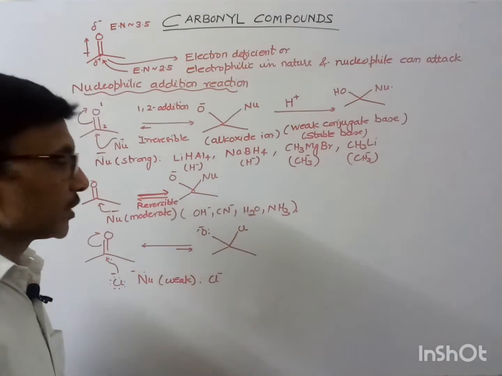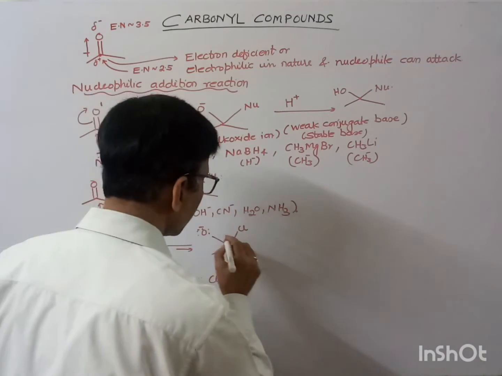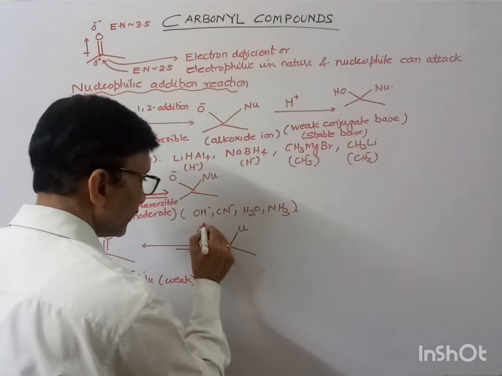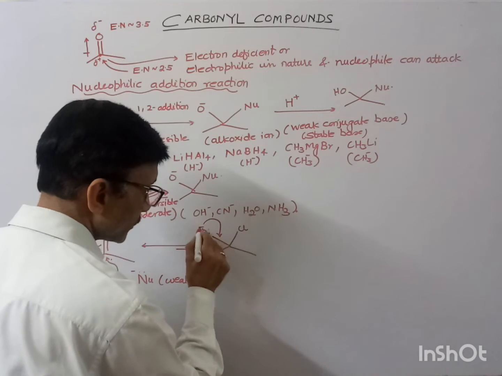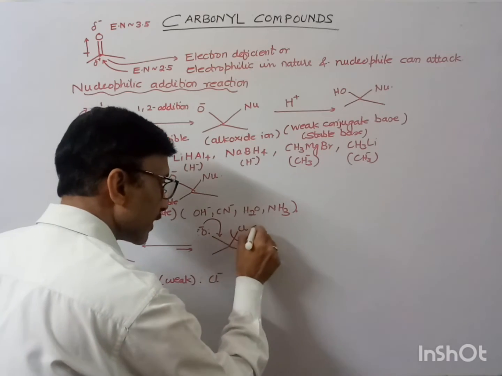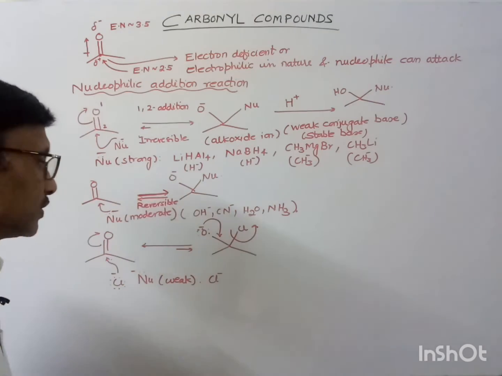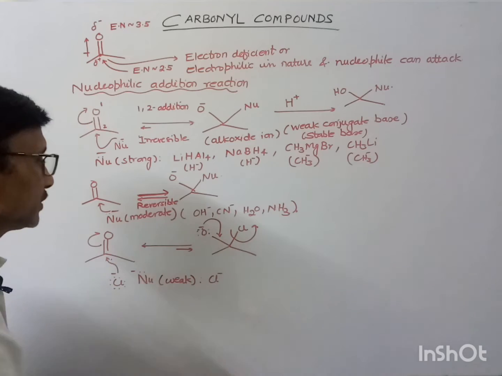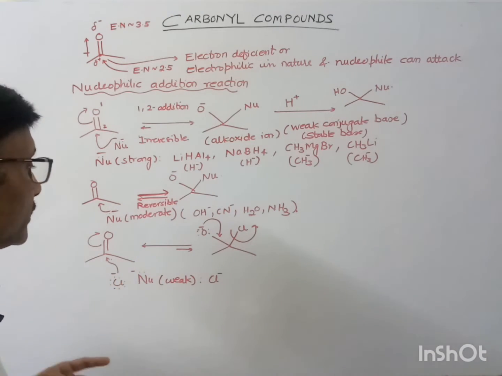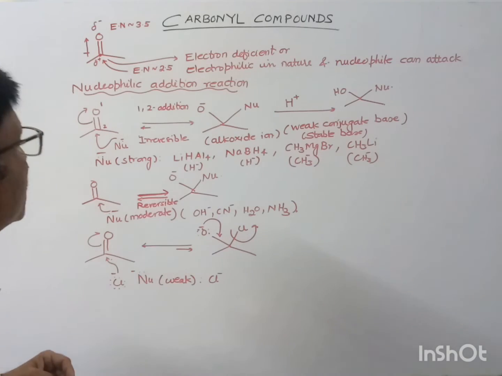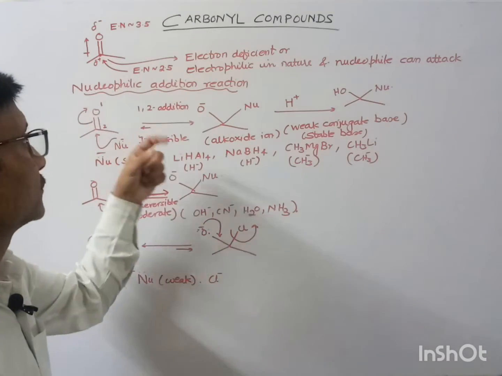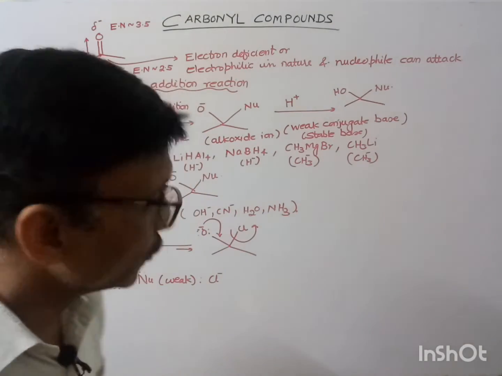In the next step, the chloride ion, which is a very good leaving group, can leave, so the double bond is restored. That's why the reaction is very much possible in a backward direction in comparison to the forward direction. So this is about the reversible or irreversible nature of carbonyl reactions or nucleophilic addition reactions